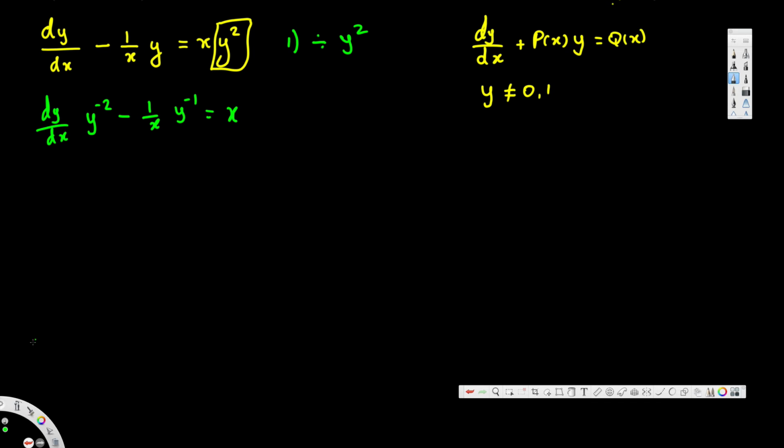Okay, the next thing is we have to look at the value that's multiplying p of x, that's this one, y power minus 1, and we have to equate this one to another term. Here we equate that to v is equal to y power minus 1, and this is the substitution,